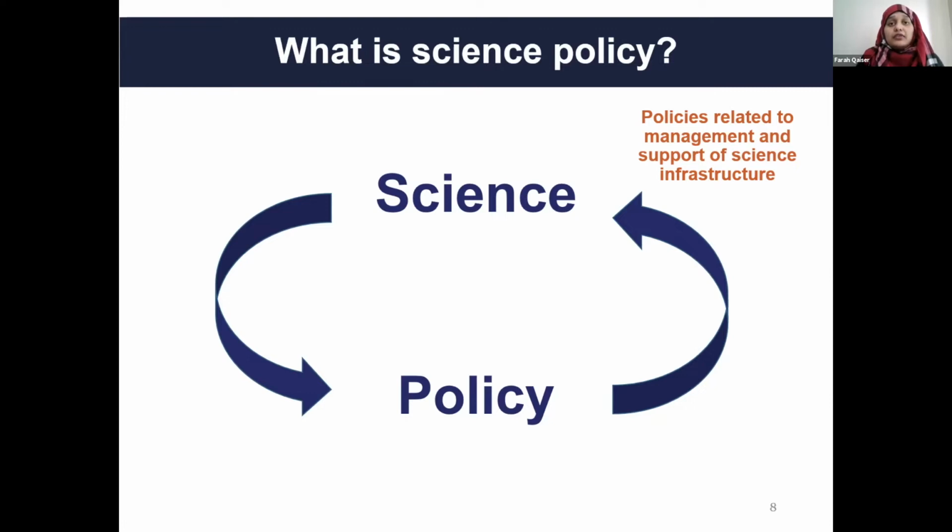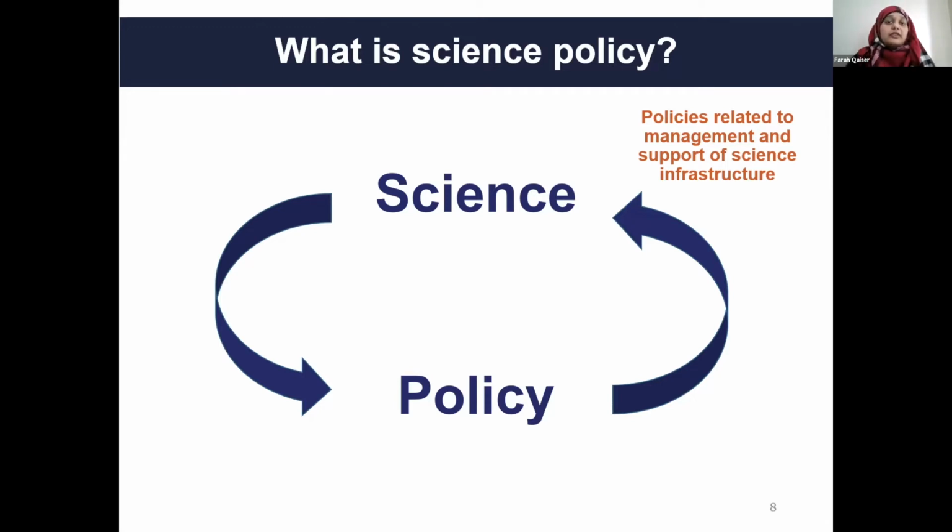And this can involve a lot of different things. It can involve perhaps thinking about how best to structure science, how best to fund science, how do we enable collaborations, open access or open science initiatives, or how do we enable interdisciplinary collaborations both at the regional, national, and international level. It's all about using policy to help science function.